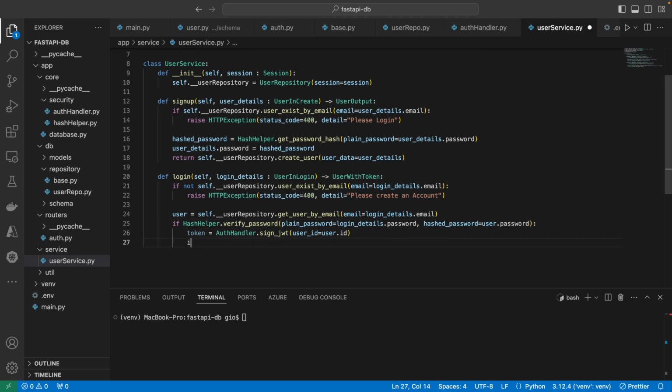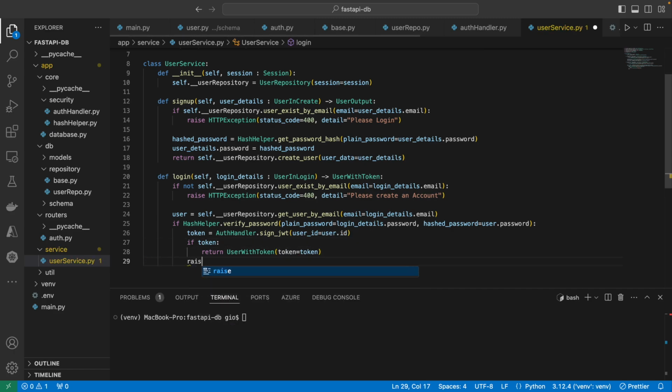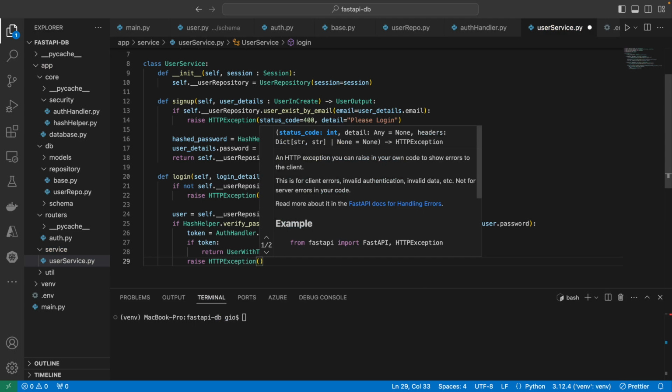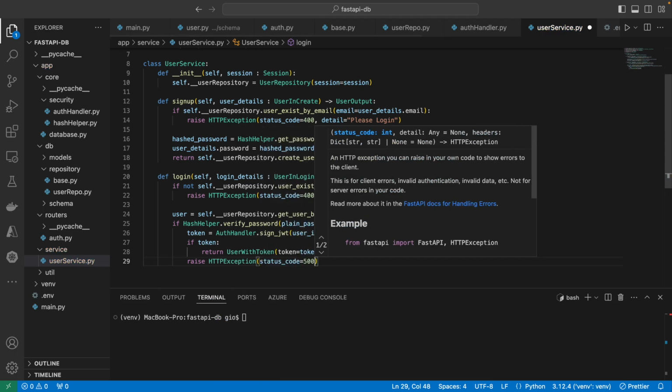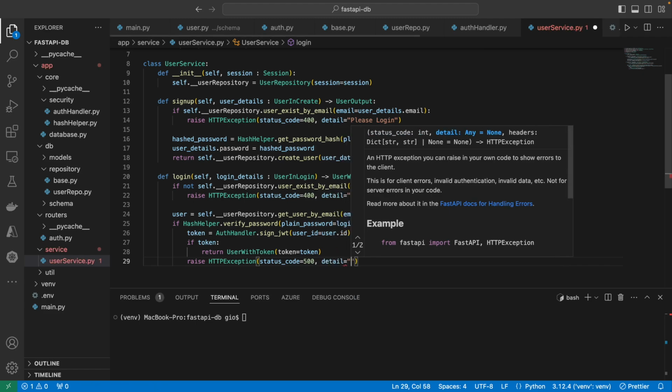So we can check if it actually exists by doing if token, right? Return the user with token, and it's just going to take in the token as a parameter and return that back to the user. Else, there's a fallback. It's going to raise an HTTP exception. If it's not able to sign a token, that means it's us probably. And we're going to return an internal server error. And I'm just going to say that unable